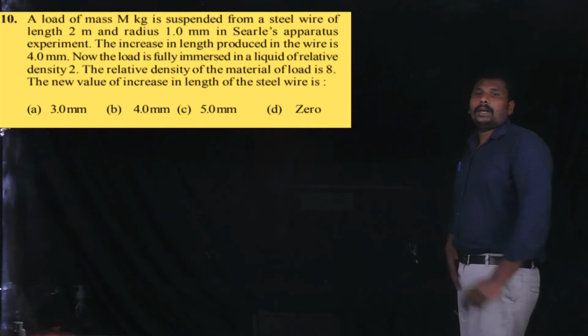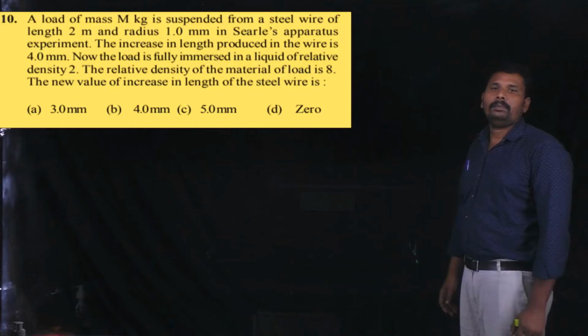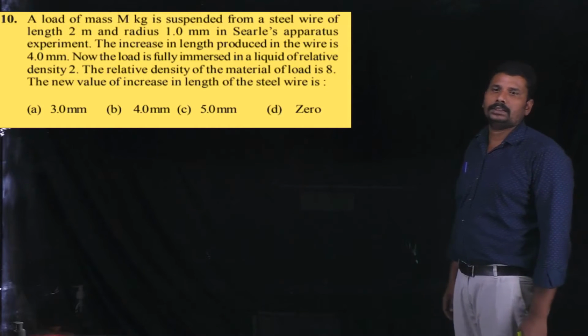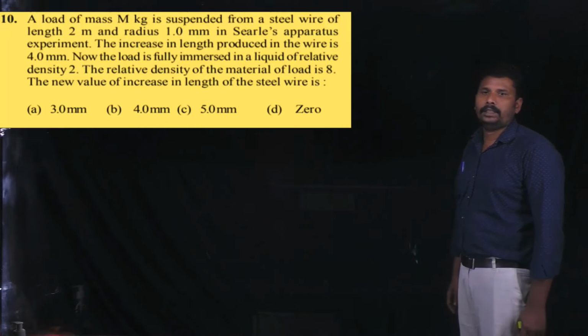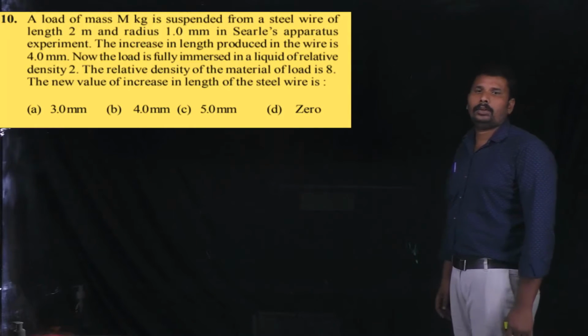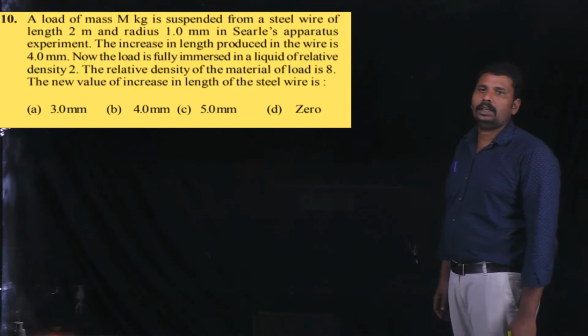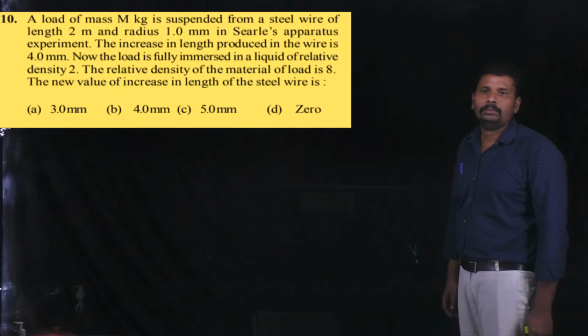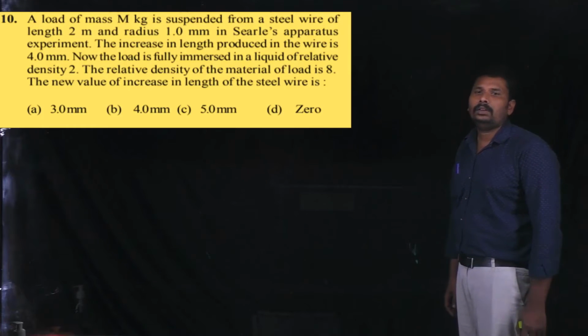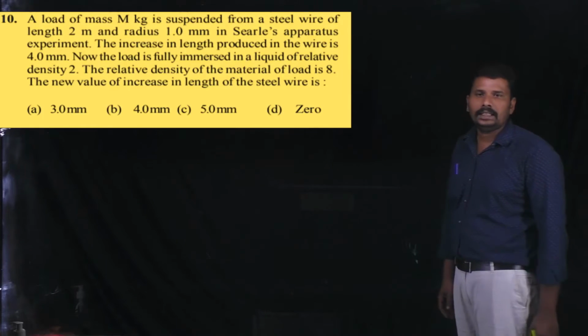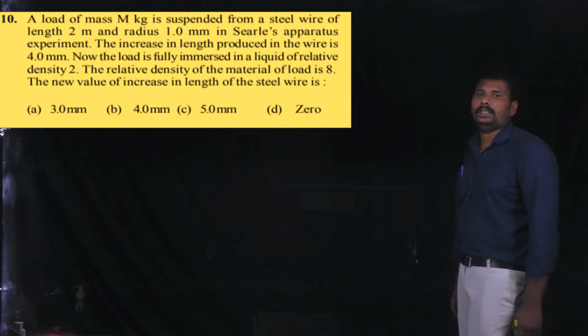A load of mass m kg is suspended from a steel wire of length 2 meters and radius 1 millimeter in Searle's apparatus experiment. The increase in length produced in the wire is 4 millimeters. Now the load is fully immersed in a liquid of relative density 2. The relative density of the material of the load is 8. The new value of the increase in length of the steel wire is,